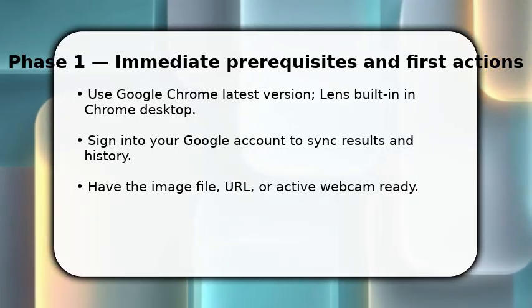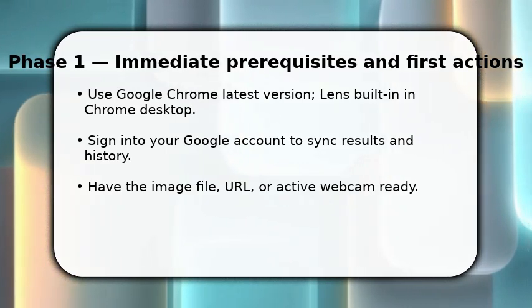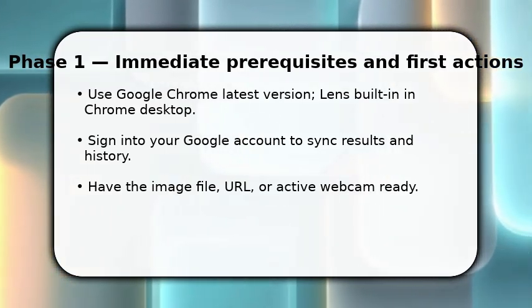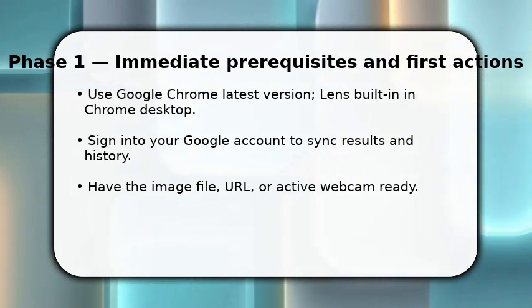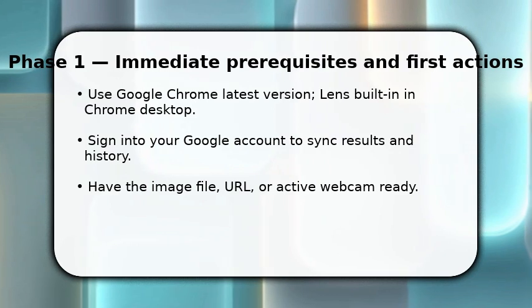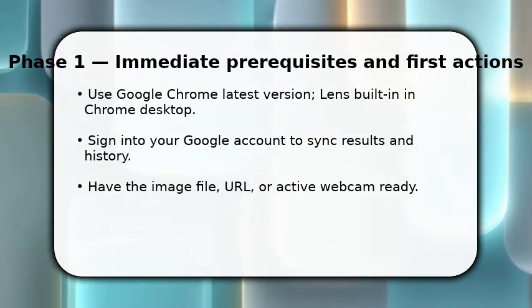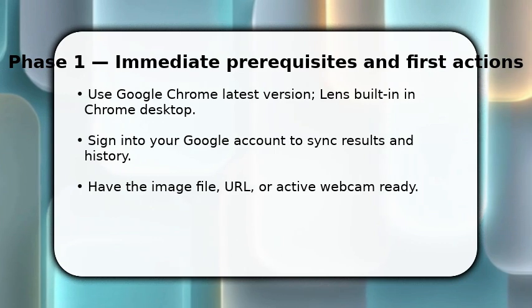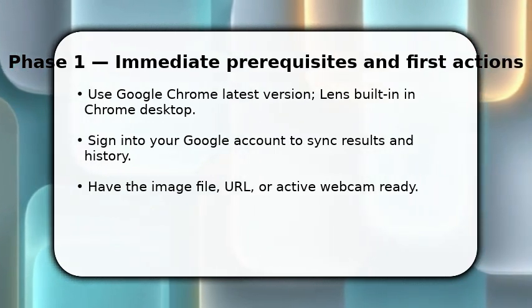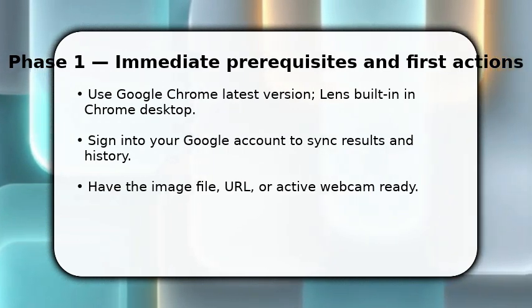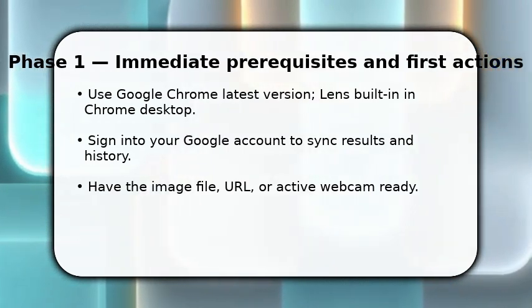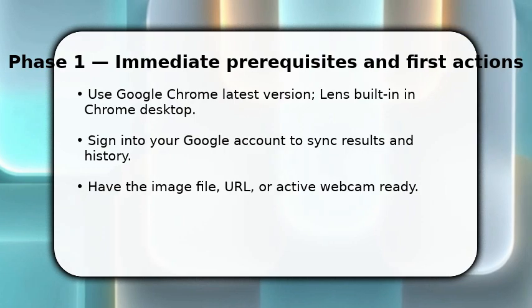You need Chrome and a signed-in Google account. Once Chrome is updated, you can use Lens. Start by opening Chrome and locating the image or page you want to analyze. If you have a file, drag it into the browser tab or open the page with the image. If you prefer live capture, make sure your webcam works and permissions are enabled. These quick steps get you to Lens immediately, so you can focus on identifying text, objects, or translation results right